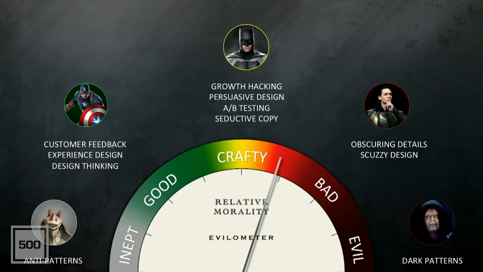At the middle level in the Marvel universe, the good guys are represented by Captain America and the bad guy by Loki there. And at the top tier in the DC universe, it's a little more ambiguous. That's kind of a gray area, right? And that, I think, is where most of us live. It's the real world, and that's where a lot of growth hacking tactics reside, right?